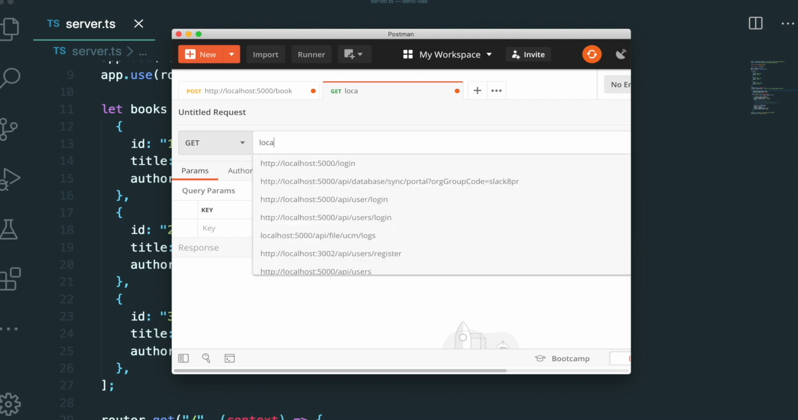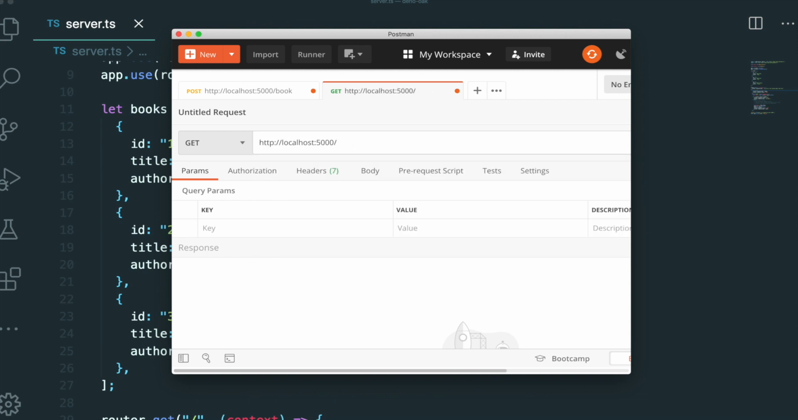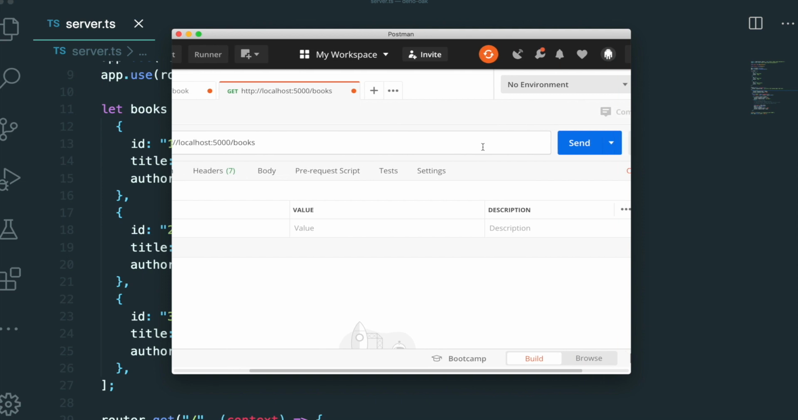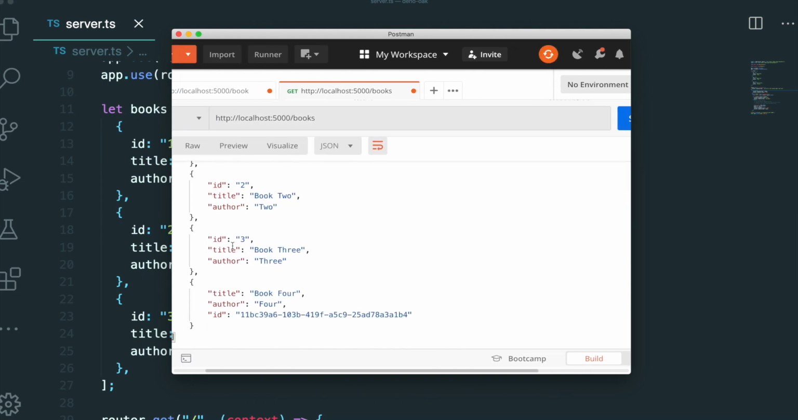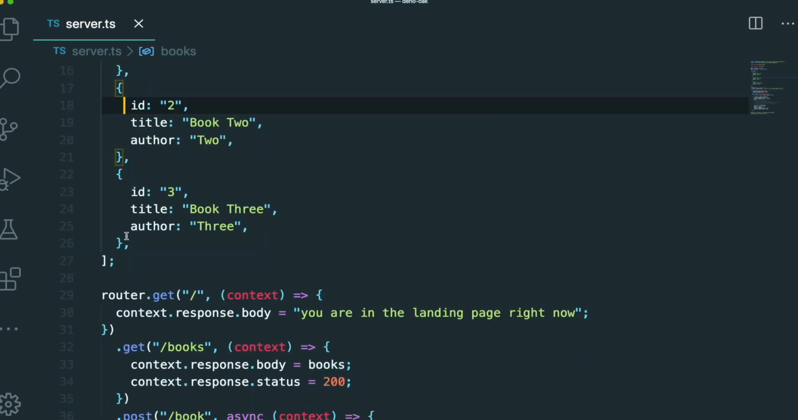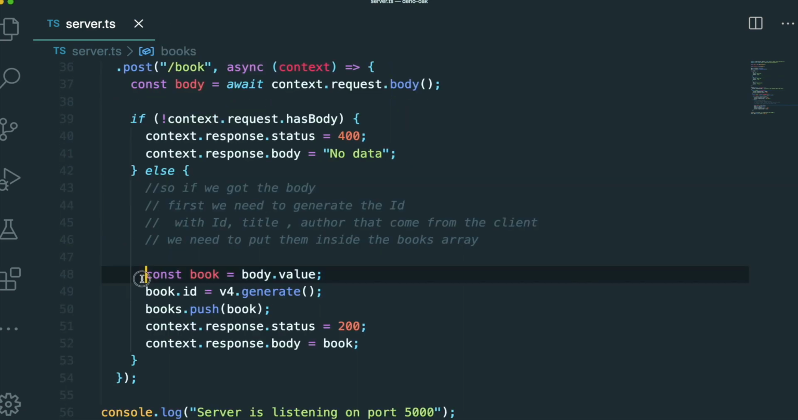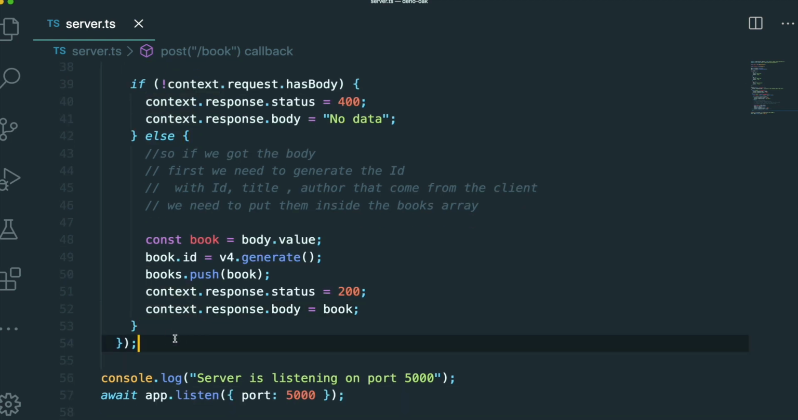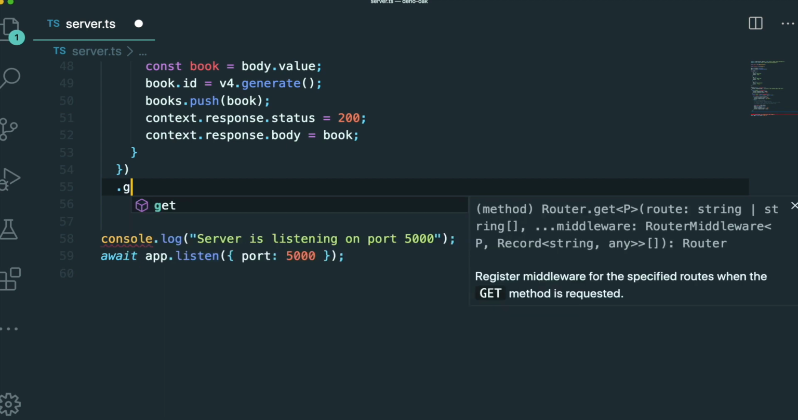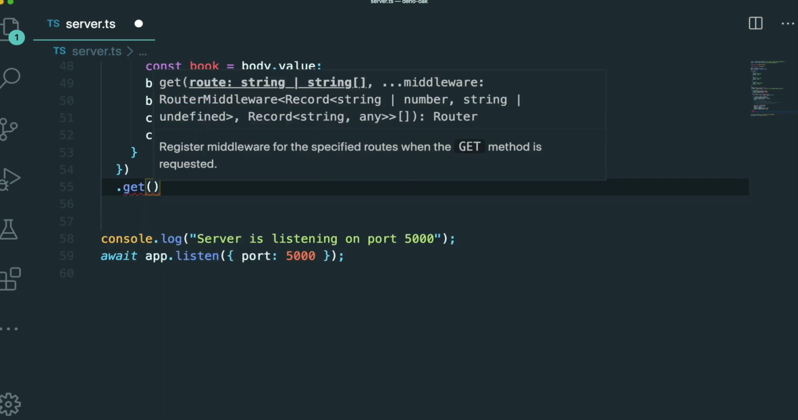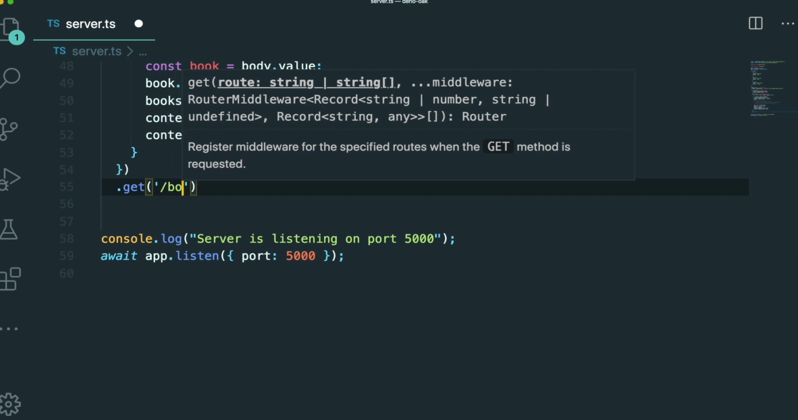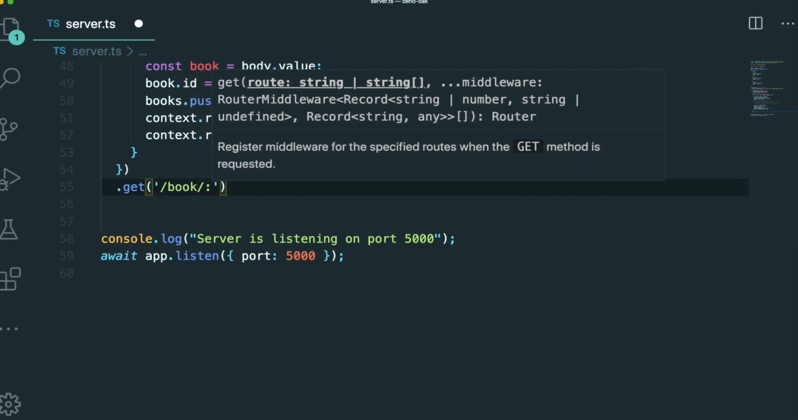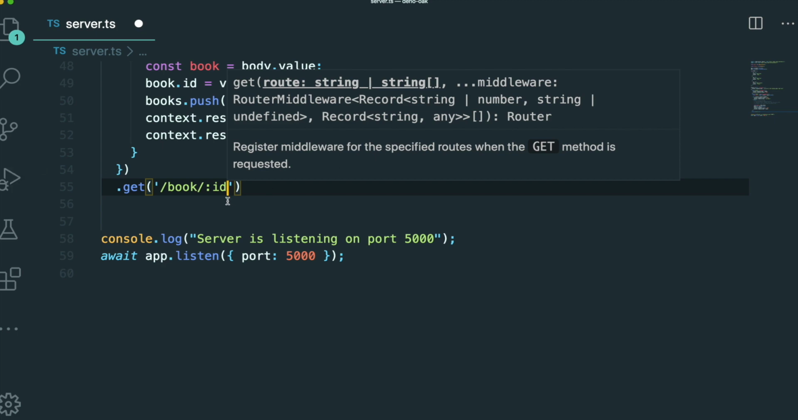If we try to send the request to this endpoint, we will get 4 items as a response back. So we try to get request books. I will click this send. If you see, 1, 2, 3, 4. So we successfully added one more item. So lastly, we are going to make one more route. That is also a get method, and this time the path will be book, and we need to give the ID for the book,